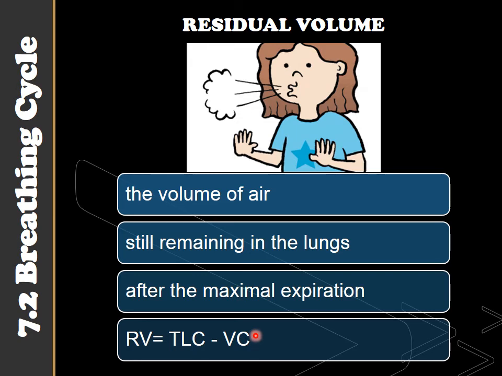So you see, our lungs can contain 5 liters of air. But when we do maximum exhaling, we are not able to exhale 5 liters. There will still be air in our trachea, in our bronchus and our bronchioles. So that balance of air that stays is the residual volume.